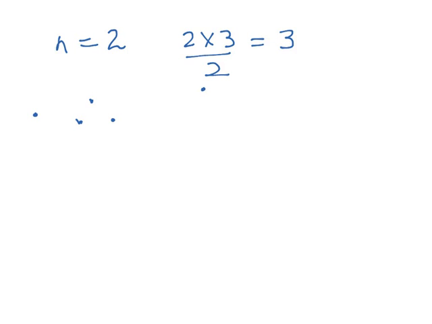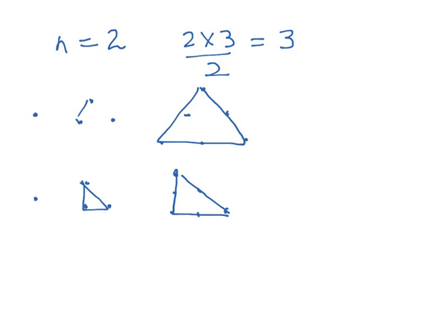So we can arrange this like so. This is the triangular pattern, or another method to represent it is this. So these are the triangular numbers that can be arranged as a triangle. If we want to form a triangle, we can form it like that. So these are the triangular numbers.